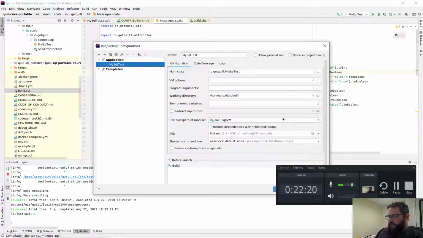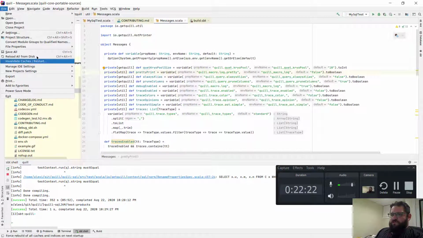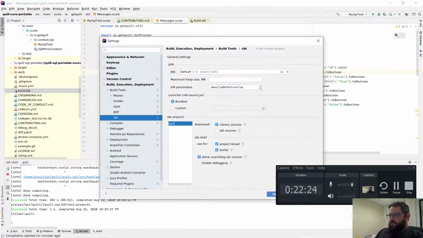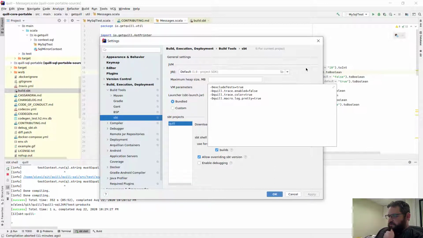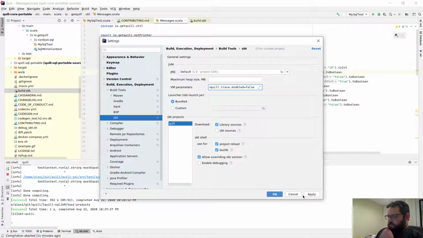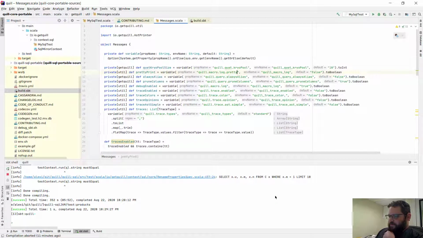Let's just add these settings to SBT. Okay, let's actually do trace enabled false. That's for tracing compile phases. We don't want that. Trace color and log pretty, we will do true. Apply. Okay. Now,